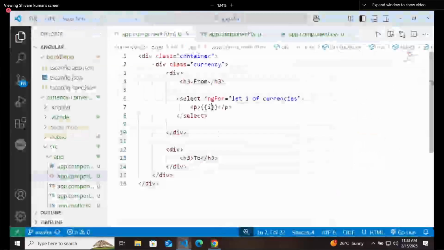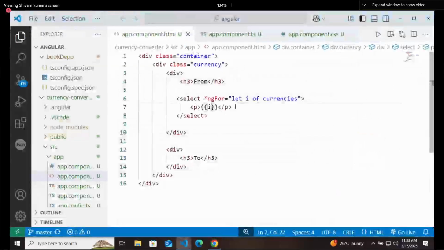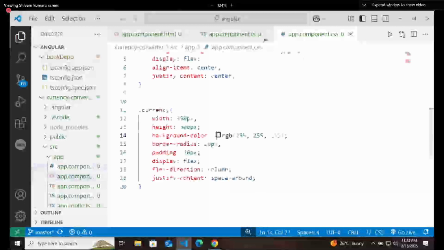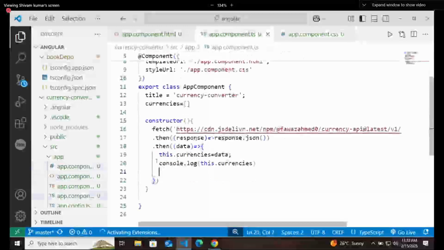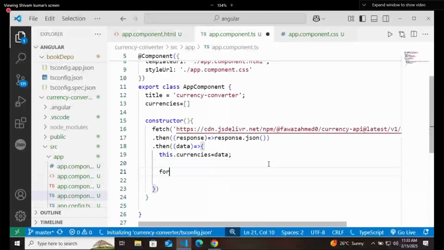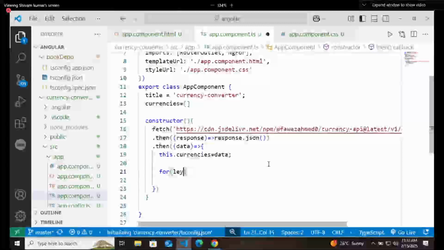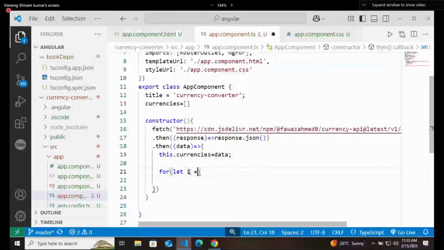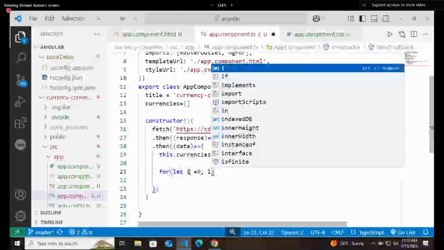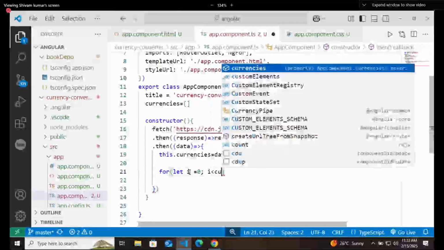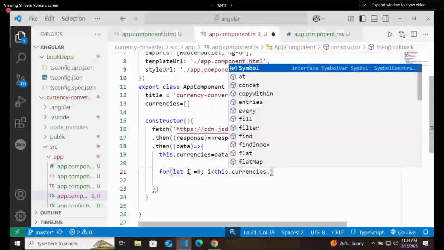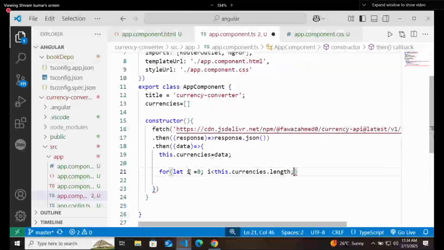It means that I will create a loop at first. So let me remove this select box. Instead of directly printing this data set, I will run a loop here. Let i equal 0, because we are trying to run a loop in HTML. So better I will run this loop here as well. So i less than currencies dot length and i plus plus.